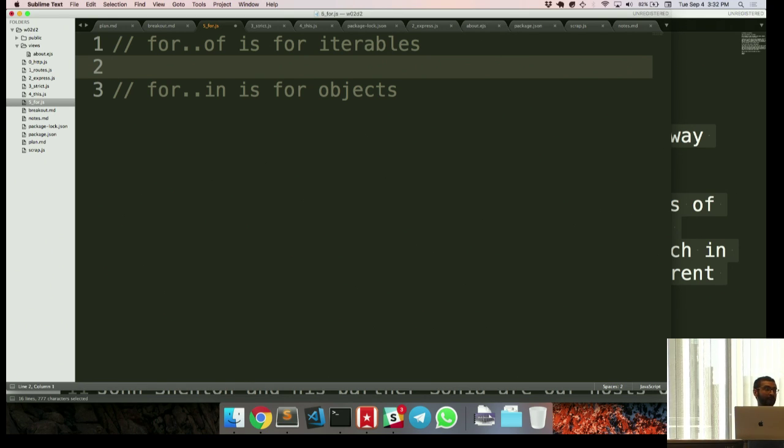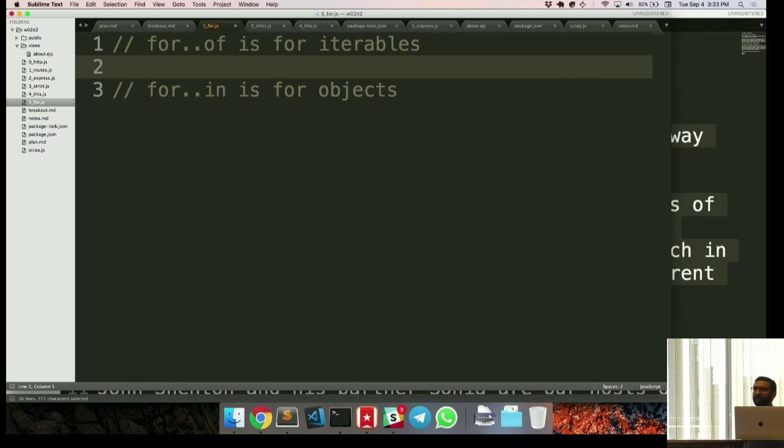right? For var or let or const i equals whatever. I don't know if const would actually work in that. I think it might fail. But anyway, for var or let i equals 0, i is less than some value or greater than some value, or some kind of condition, i++ or something like that, which gives you a lot more control over how you're iterating, but isn't syntactically as nice to read. Yeah? And so you went from that to for each.